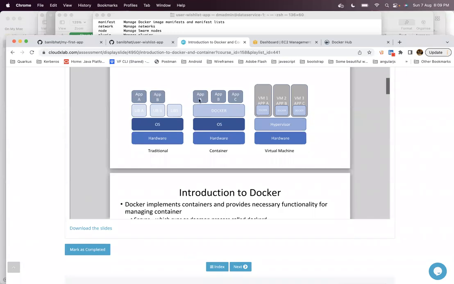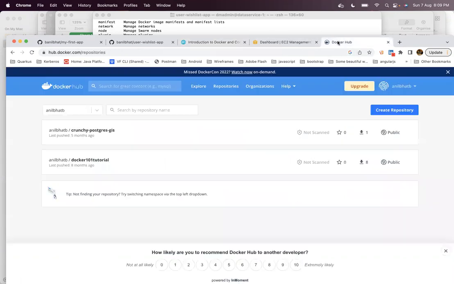The static version of the container, which is called the image of A, you can upload to a container registry, which is called Docker Hub in case of Docker. In the market, there are many container registries. Docker has its own, called Docker Hub. You can store your application images in Docker Hub. For example, I have two images which I stored in Docker Hub in my repository. Docker Hub provides a free account where you can store your own images.